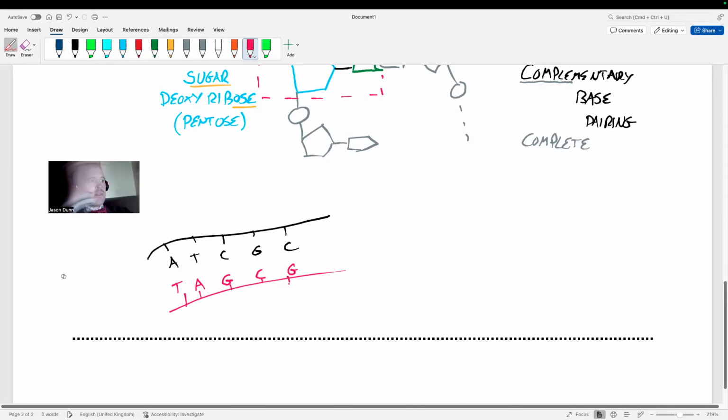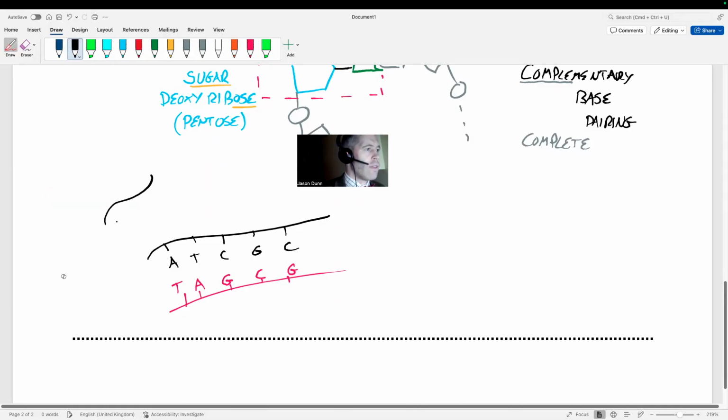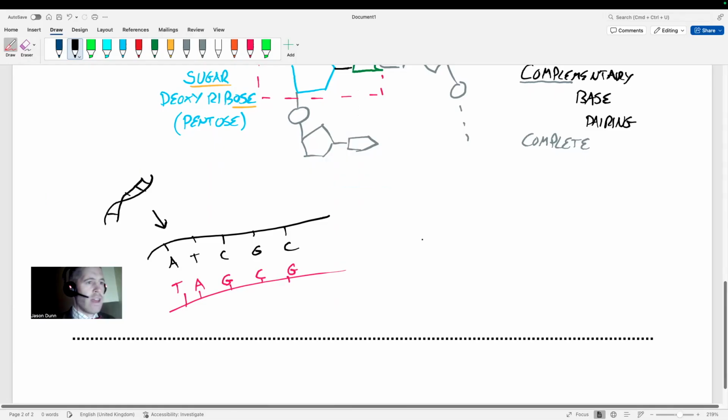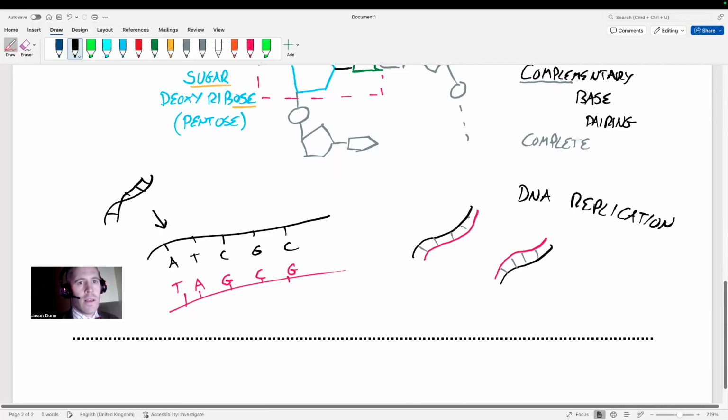So you take the double, unzip it, and then other bases will come in, and an enzyme will sort of join them together. So you go from, I suppose I should have drawn it like that. So let's say we've got this. That's our starting point. And then we have this complementary base pairing thing, and then we end up with this. You see, so the black would be the original, and then we've created a new pink, like so. So this is how you have DNA replication. And I'm going to leave it there, and next time we'll talk about how you actually get from the gene to the protein, as we saw.